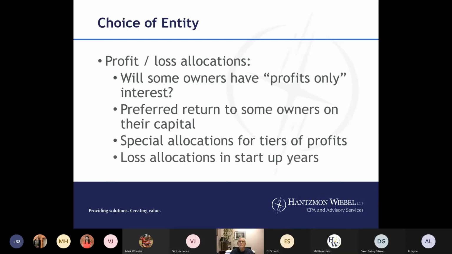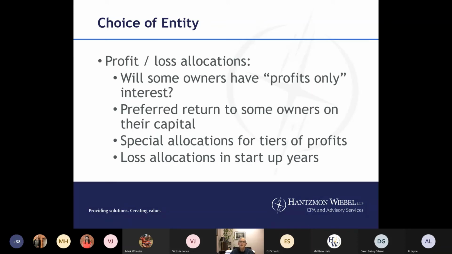Profit and loss allocations. What about losses in the startup years? We see this many times in real estate entities, where one person puts up a lot of the capital, somebody else puts up service and expertise. And in the early years, because I have capital, I have a capital account, I have basis in the entity,